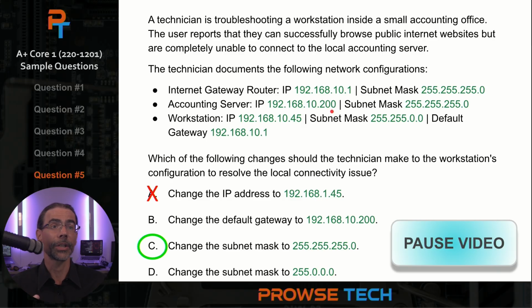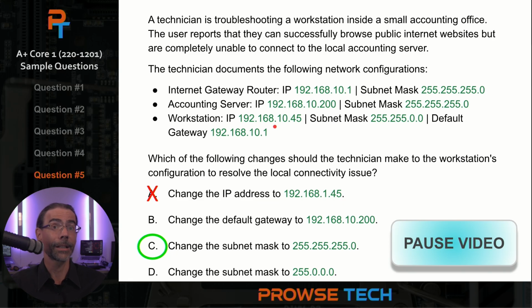Now, if we apply that logic to the incorrect subnet mask here, you see what happens. 255.255 becomes the network portion, and so the workstation IP network portion is now 192.168, which becomes a much larger network. What we're supposed to have on this small accounting office is a SOHO type of network. We have 192.168.10, and the usable IPs are going to be .1 through .254 for the hosts. But if we set the subnet mask to this by mistake, now our network is 192.168, and